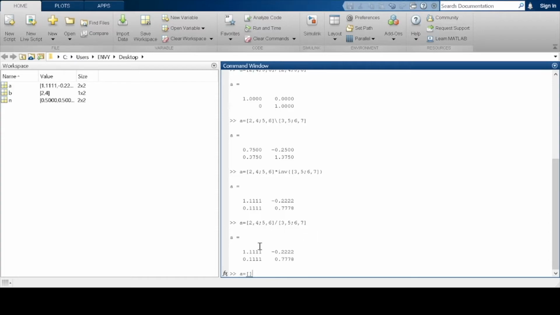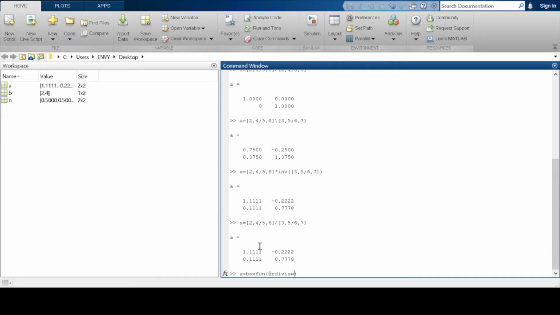So what I do is, the function, in this case, is right division.